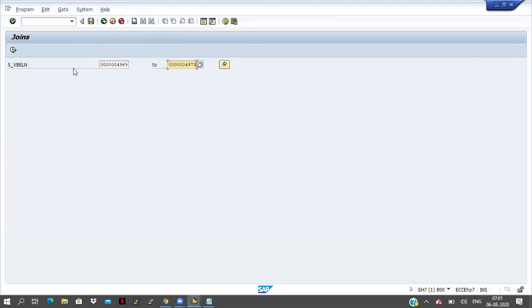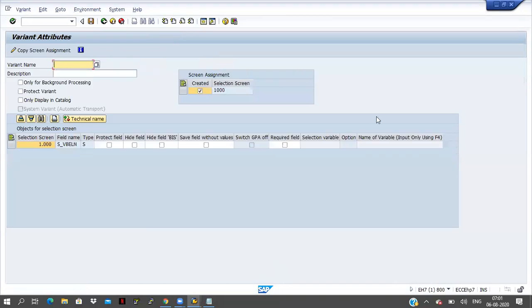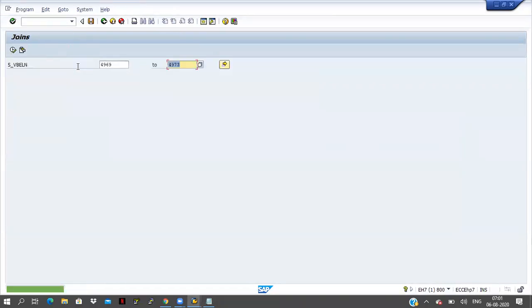I'm saving this variant here. The variant I'm taking is testing 060820. This is testing only. Save this one. And here S_VBELN is coming.